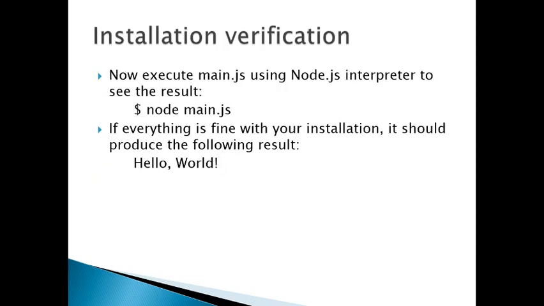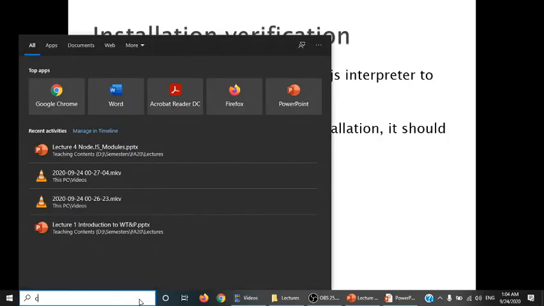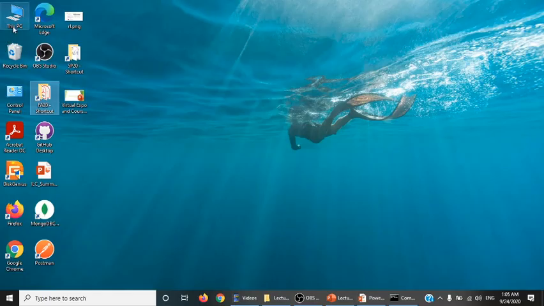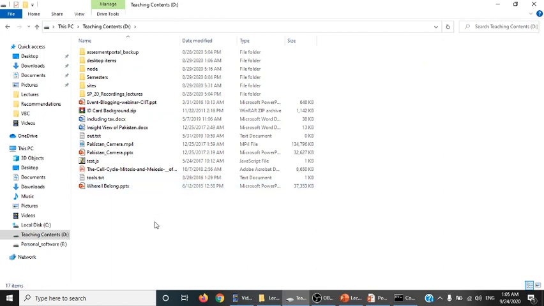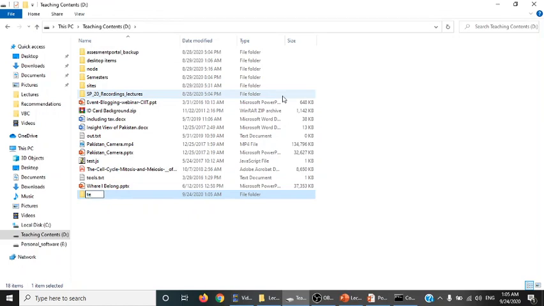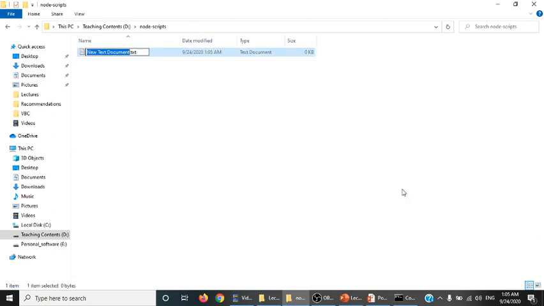Let's do a practice with this. Simply, for example, I will open the CMD control panel and go to the D drive, and here I create a folder, for example, node scripts, and in it I will create a new file with the name main.js.